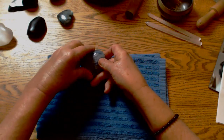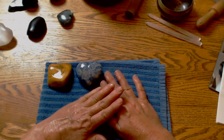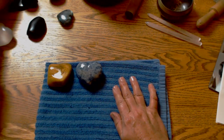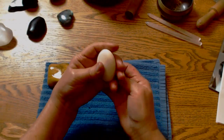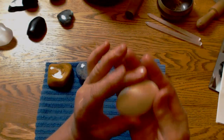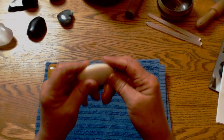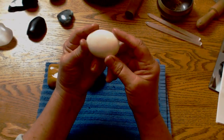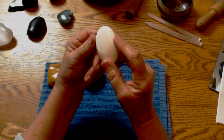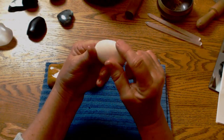Blue calcite. Next is scolecite. Deceivingly plain. But if you look very closely, you can see all kinds of things,